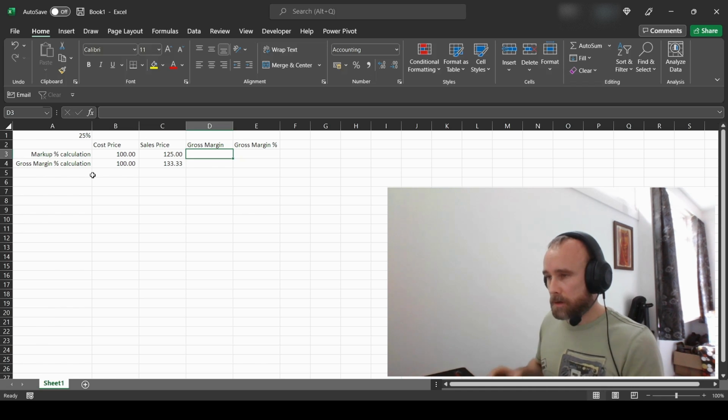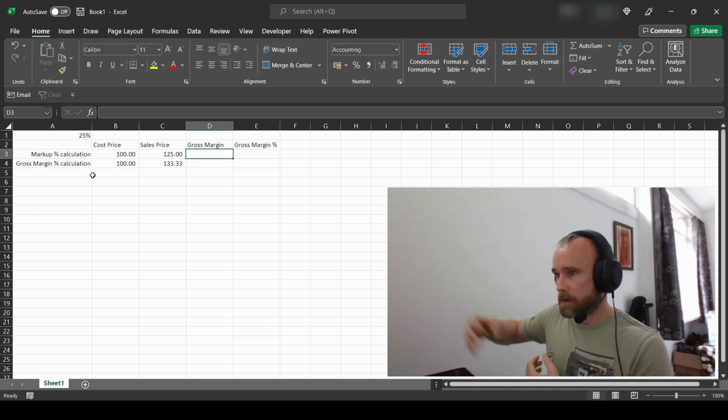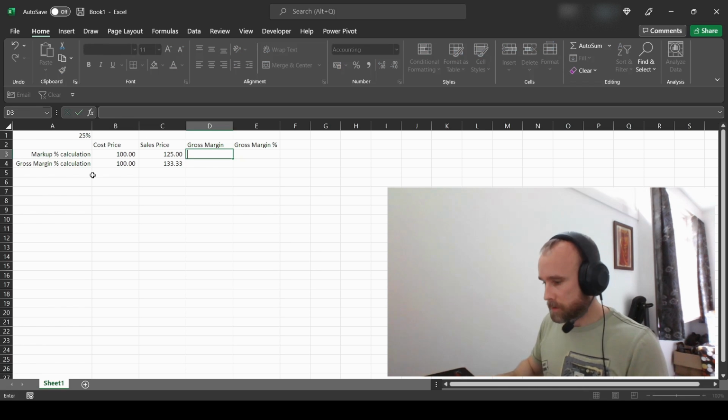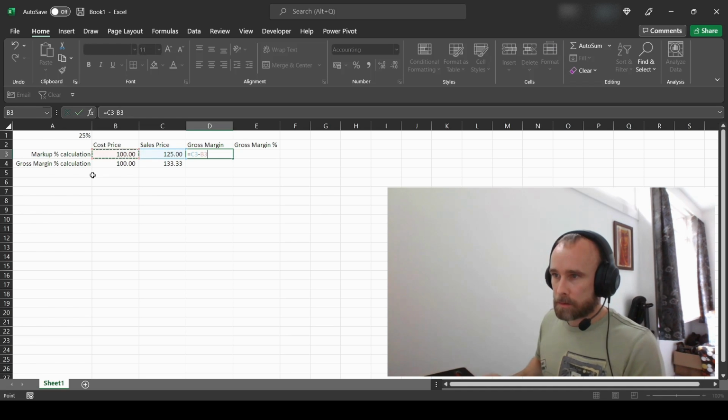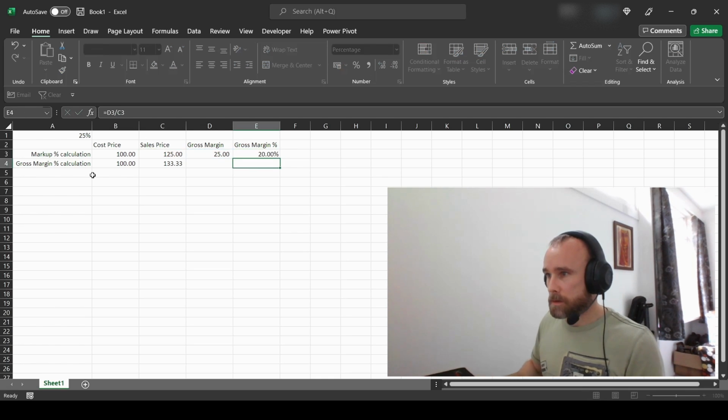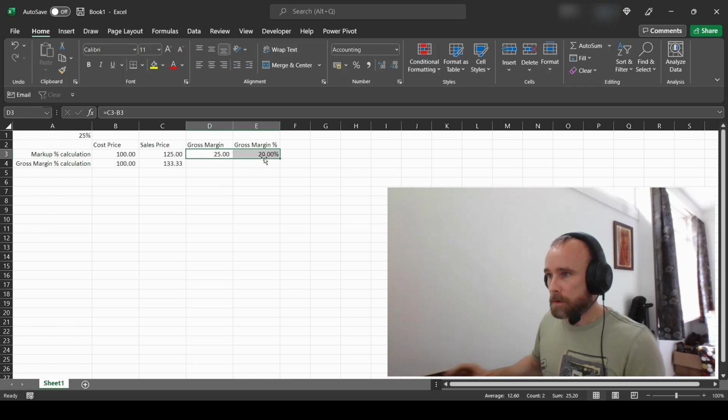Now, I think it's quite useful to see and compare the difference in gross margin figures and percentages across the two different calculations, because you can see how they deviate more significantly as the percentage figure increases. So just for demonstration purposes, we will do that. As we know, gross margin is sales price subtracting the cost price, and we know the gross margin percentage calculation is the gross margin figure divided by the sales price. So we'll just copy that down,